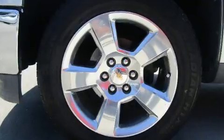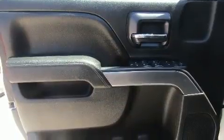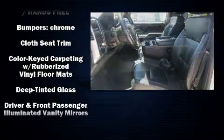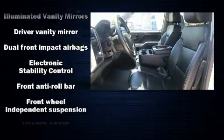Audio features include a CD player with MP3 capability, steering wheel mounted audio controls, and 6 speakers enhancing the audio experience throughout the interior. Chevrolet ensures the safety and security of its passengers with equipment such as dual front impact